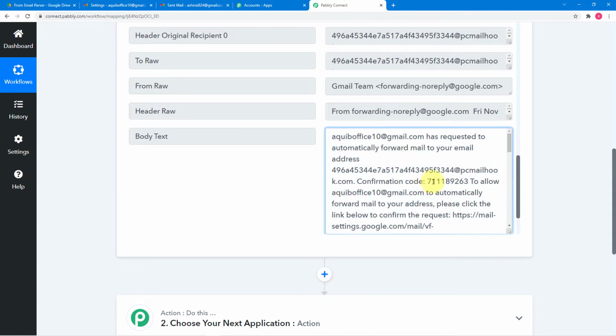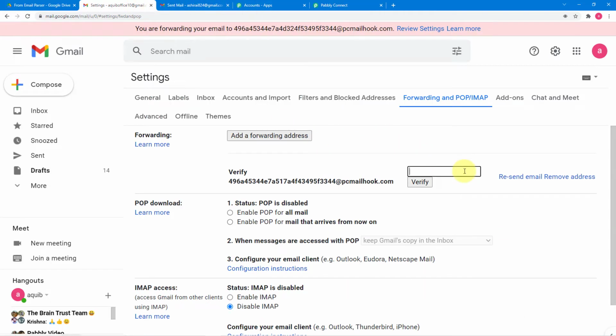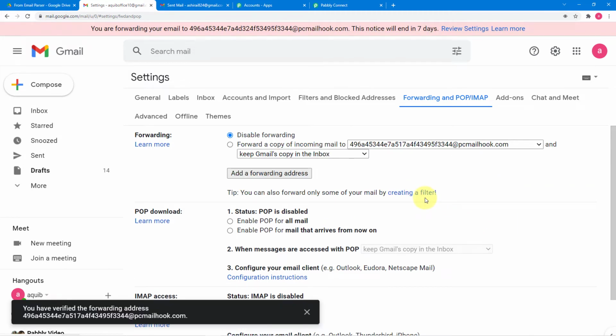So from here you have to copy this confirmation code and paste it here in this confirmation code field, and then click on verify. Okay, so it is verified here. Now click on forward a copy of incoming mail to this email ID.